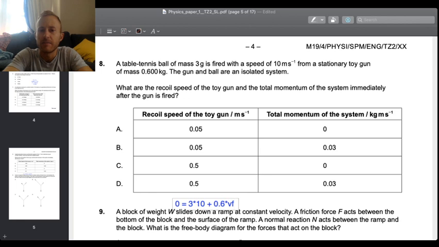So that says that V final equals negative 30 over 0.6. So that's 300 over 6, which is